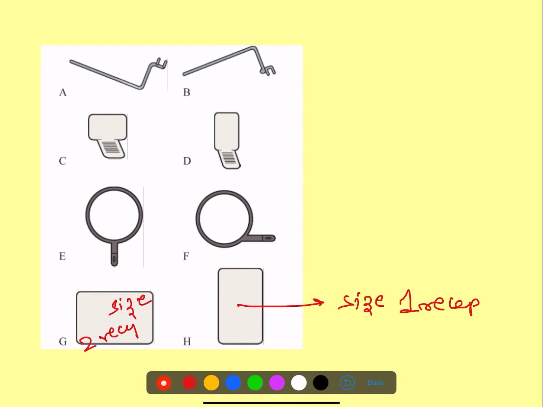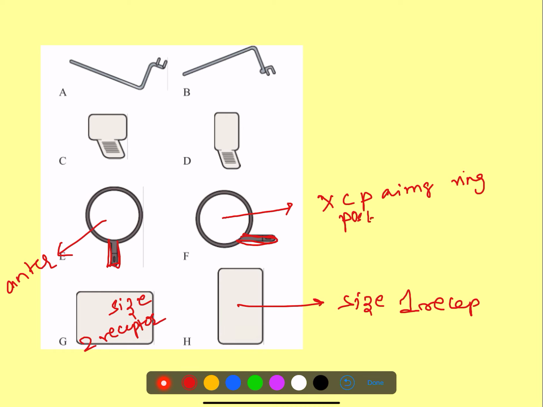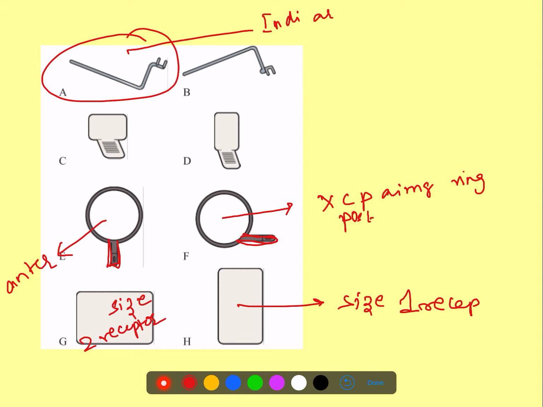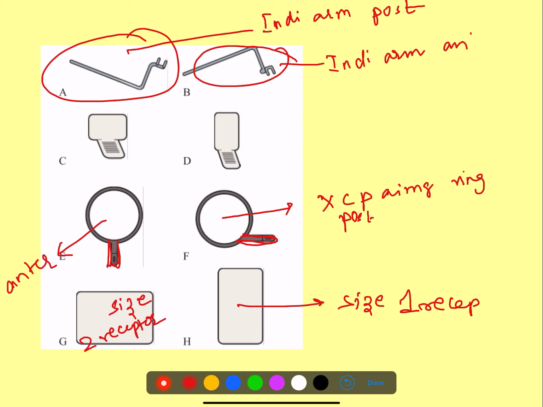So this is an XCP aiming ring for posterior. You can see this handle, posterior. This is for anterior. See this anterior place thing. So here this is an indicator arm for posterior, and this is an indicator arm for anterior,